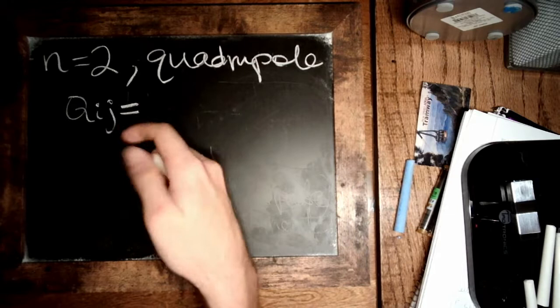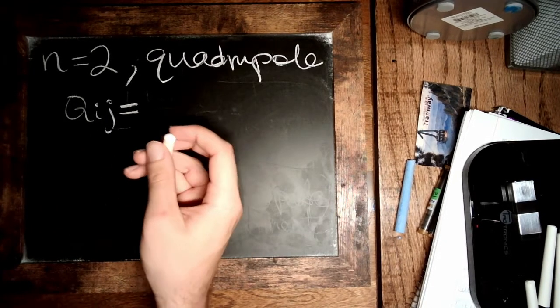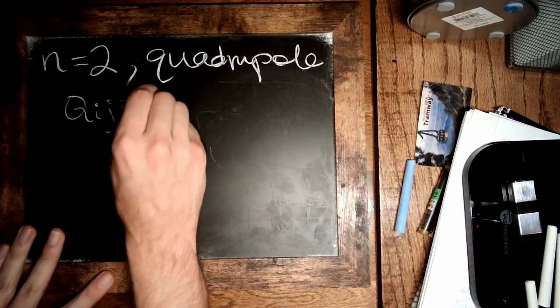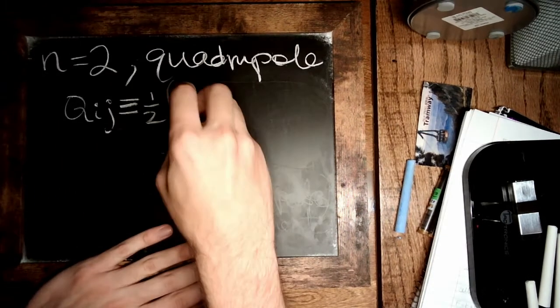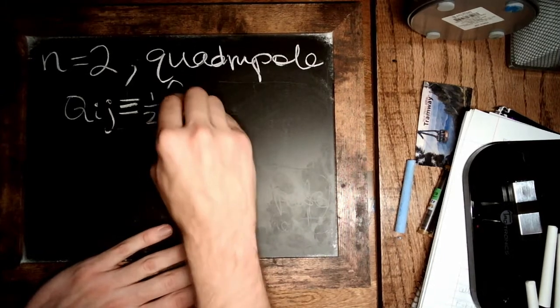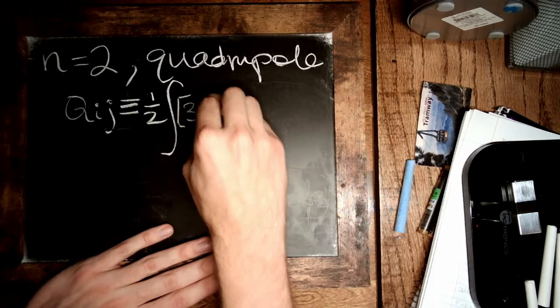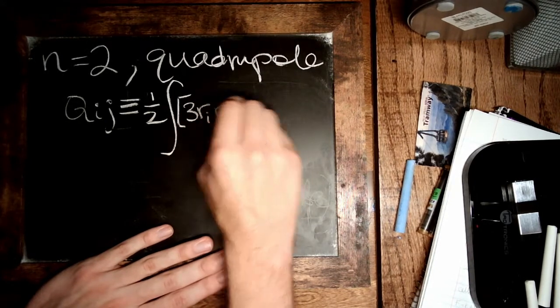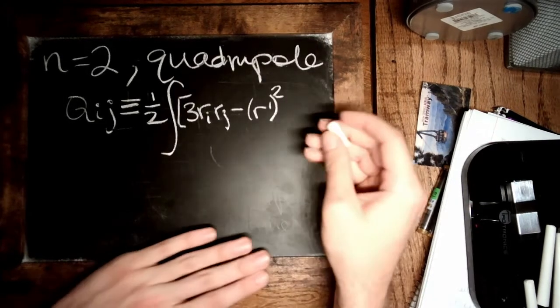Dipole moment was a vector. Now we've moved on to tensors. We define it as 1/2 an integral, 3 r_i times r_j minus r prime squared